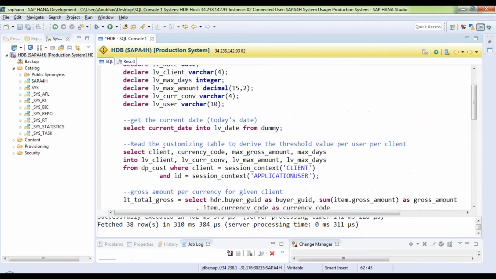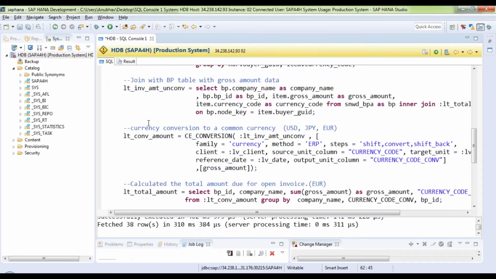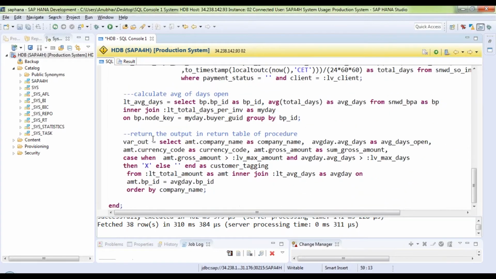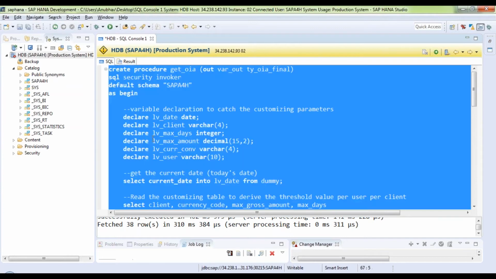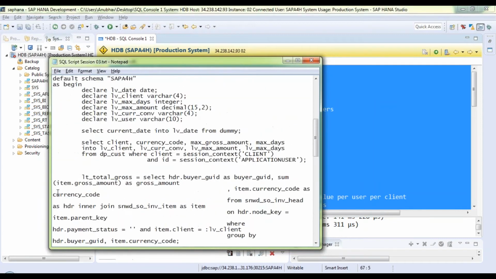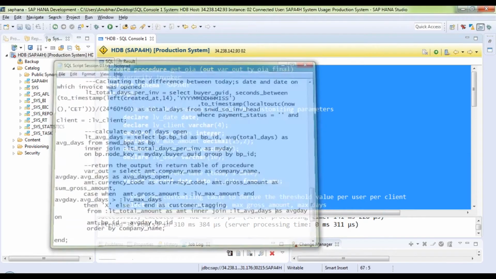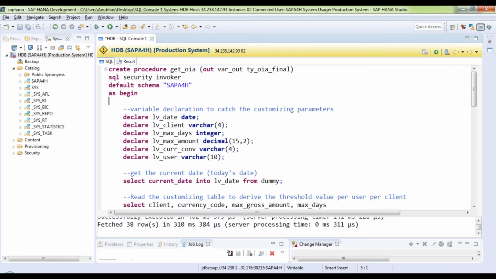I wanted to quickly go through the flow because in the last class I did it quite fast and some of you may not have been able to understand it. So I felt it's important that I go through this flow again so that you all understand. I copy this once again and update the file in the notepad. I will update the same in the blog so you can download and try this out in your system. If you have your own production system in your company, or if you are using your cal server, you can definitely test this piece of code there. Let's execute it, and it should create the database procedure once again for me.